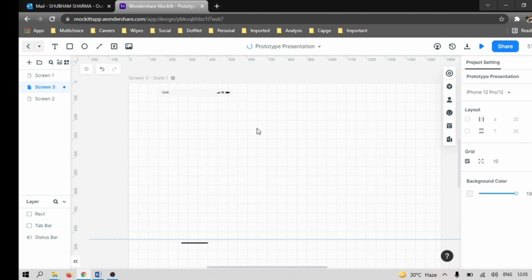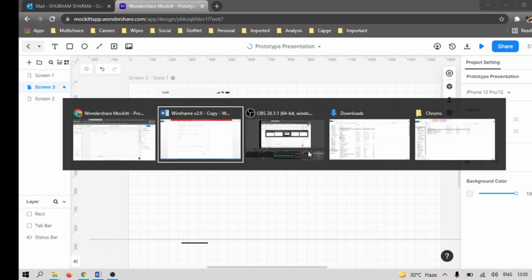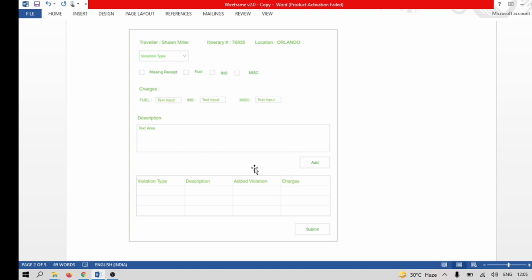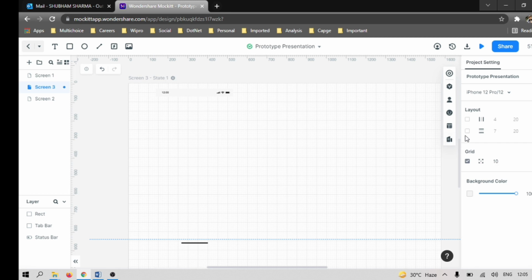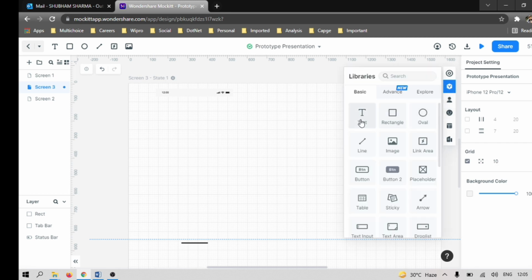So how do we need to create this? Let's see what things are there in the Word file. Firstly the traveler name, itinerary number and location. The traveler name is Tom Miller, and these are simple texts, so we can just take a text here.